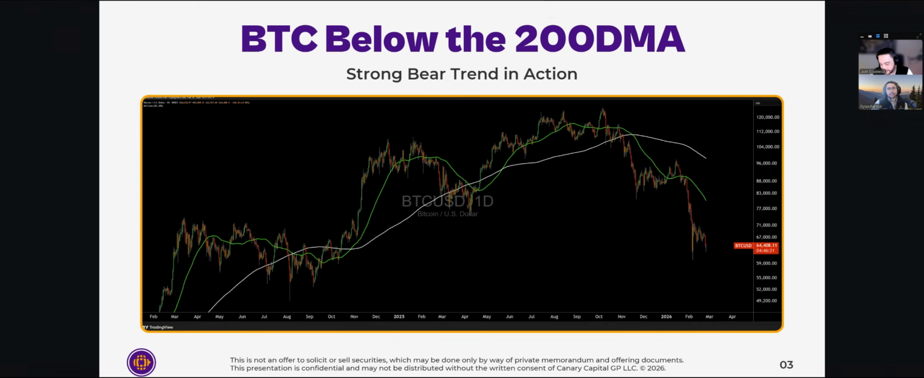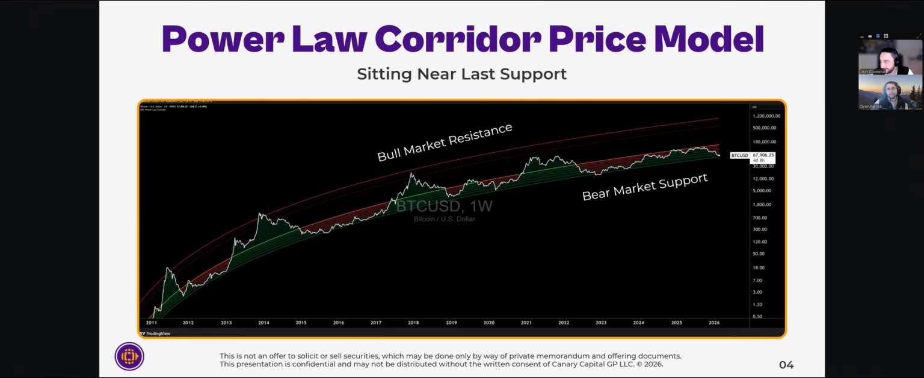So, right, it's rough out there. It's not like we're going to magically teleport to 79K and we're going to figure things out. That's not typically what has happened. No. And if we look at the popular price model, the power law corridor, it's probably likely that if we